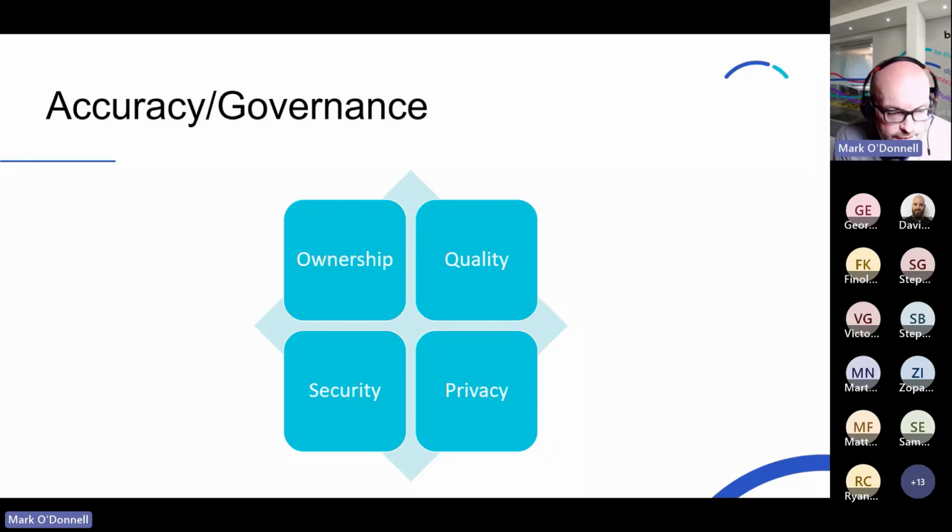The more effort you put into this, the better and more consistent anything that relies on data will be. A lot of people roll their eyes at data quality and data governance, and it's actually really quite an important process to master and to get the best out of your data.